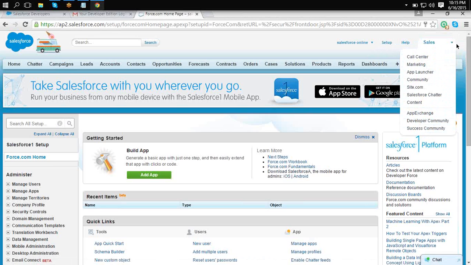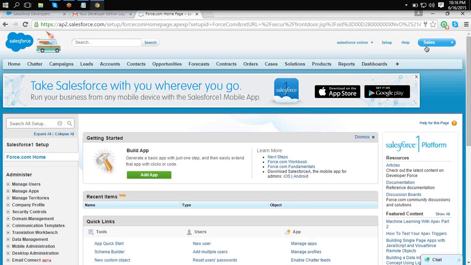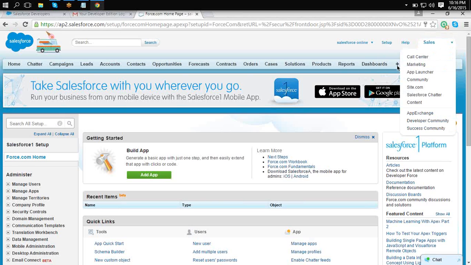So now here, this last option, this drop down, is going to indicate what applications are currently available in your Salesforce account. Currently you are in sales, nothing but currently you are using the sales application. If you want to go with some other application, then expand that, and you will have an application called call center. So now you will have marketing, app launcher,